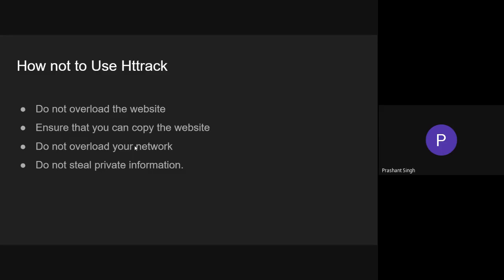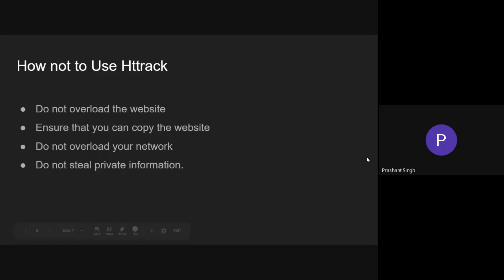Third, if you have a shared connection, like in a school or an organization, and you're downloading a big website, then you can overload it. So try not to do that.